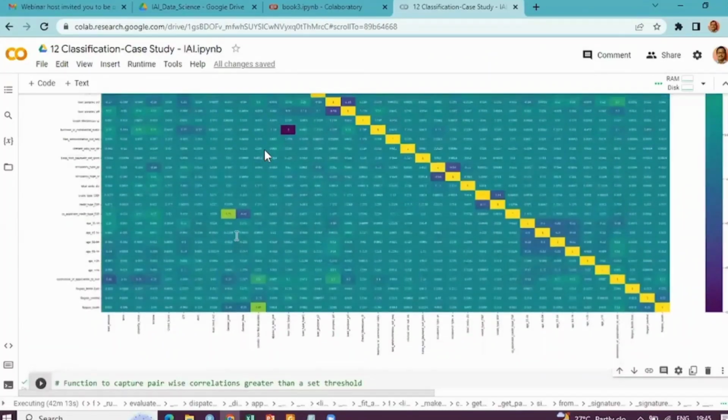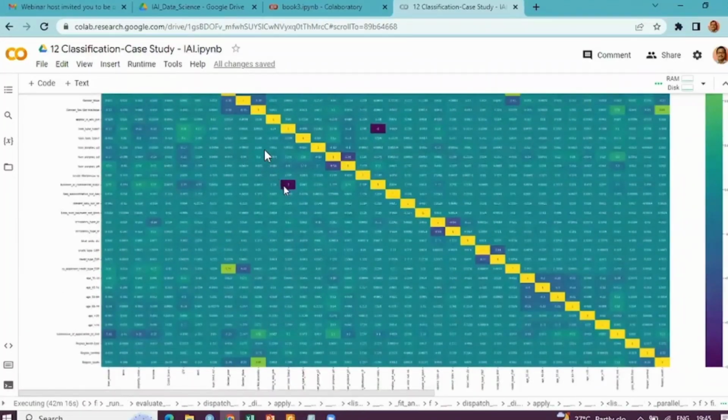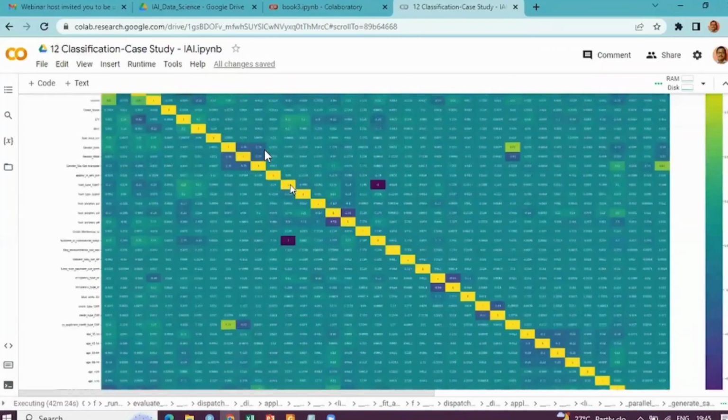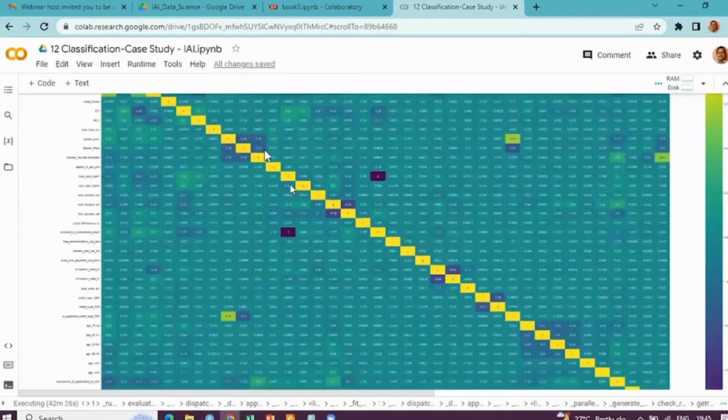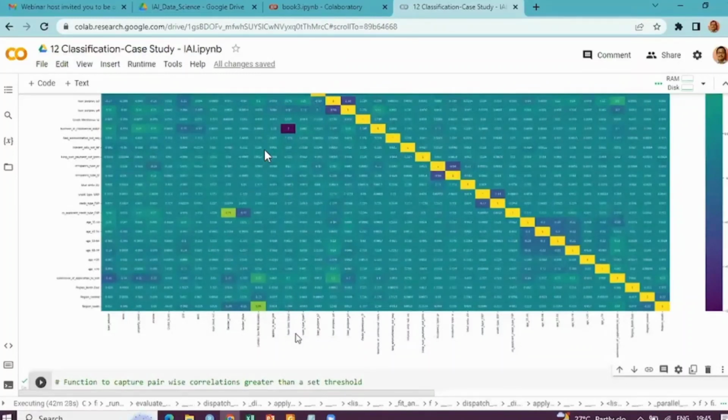So it is actually sharing a -1, it looks like. You see, business or commercial NOBC is having a correlation of -1 with another variable called